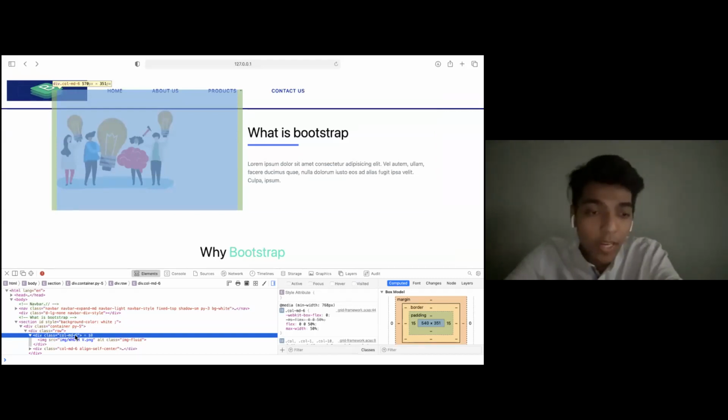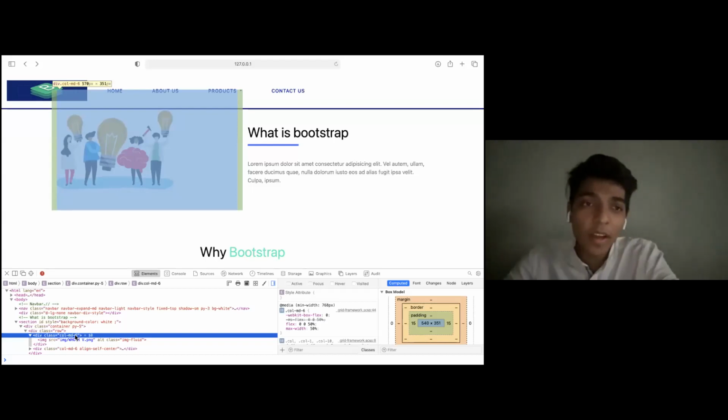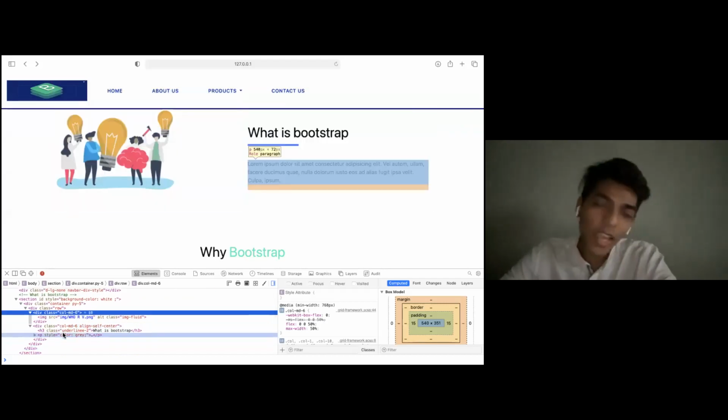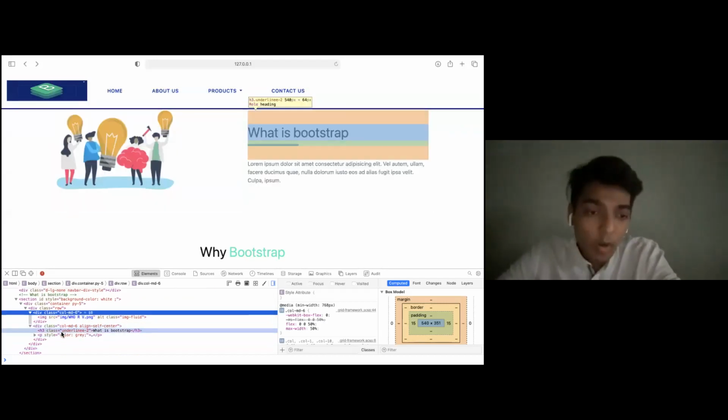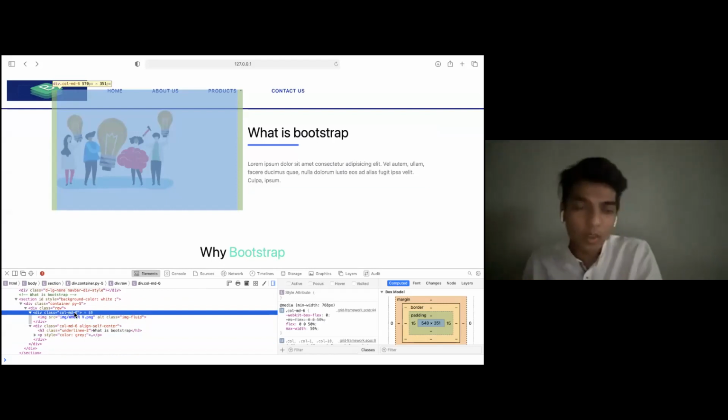Rest of it is the padding that I have provided, and the blue part is the spacing and everything that is provided to me with respect to the column, which is of 6. And the same goes with the second part, which is the What is Bootstrap, and the H3 and P that I've assigned to it. So the container is of 12 parts, and I have divided the container into two basic forms. One is a column which is of 6, and one is a column which is of 6 again.